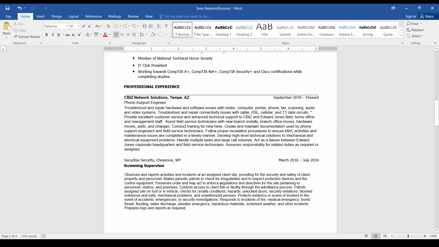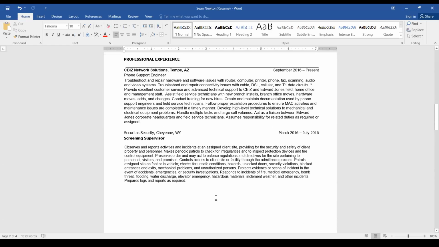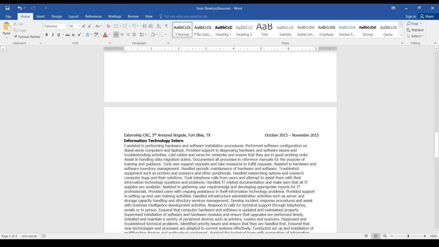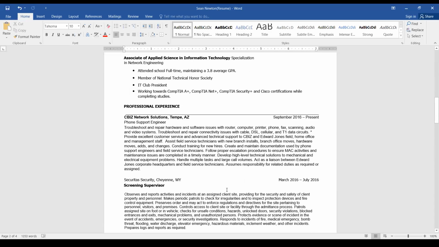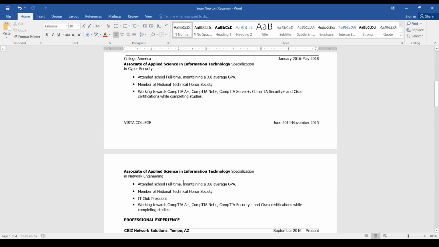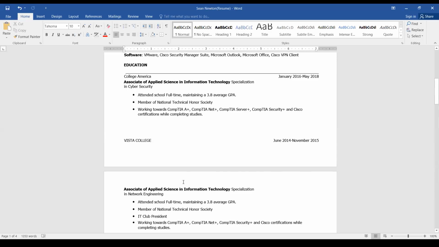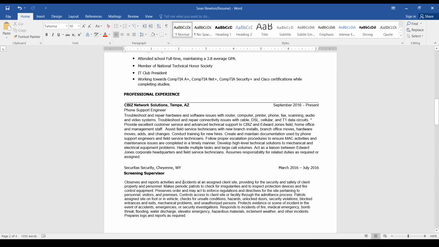The screening officer, one of the reasons I would not put a whole lot of information here is that it merely tells us what you did for several months in 2016. After you got out of the Army, you had a couple of months off, then started to work. Let's see, where did you go? Vista College. Okay, so you had some time at Vista College in 2014 and 2015.